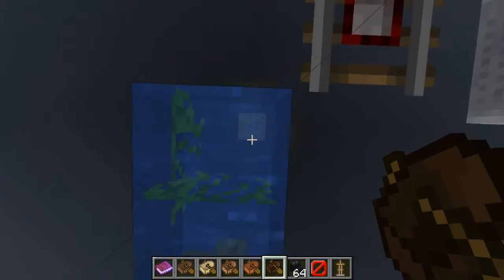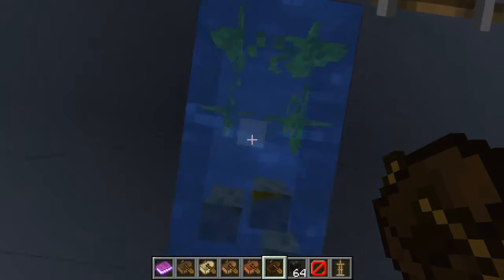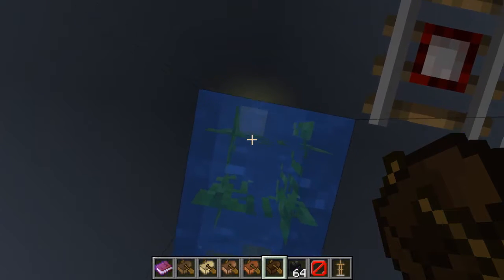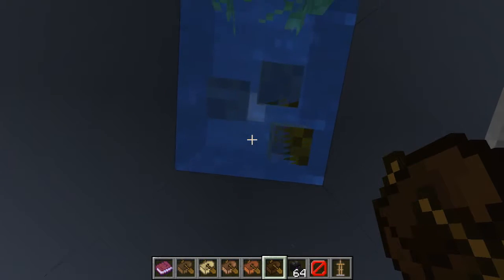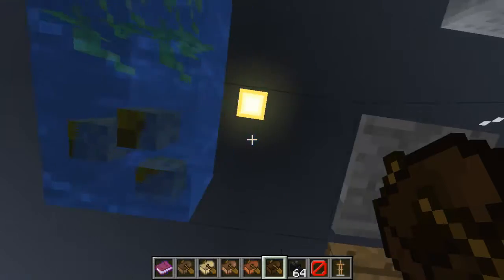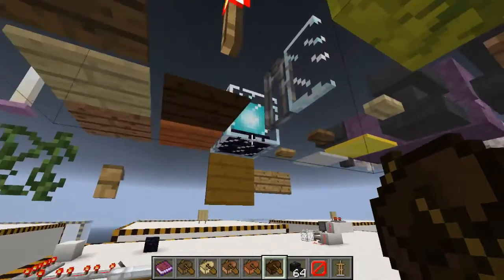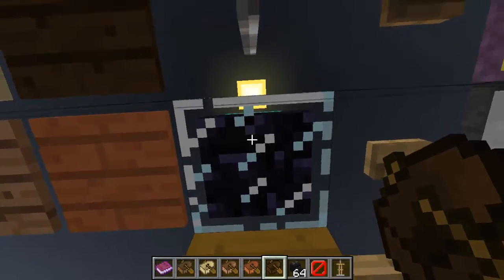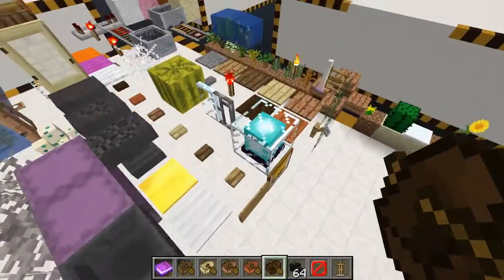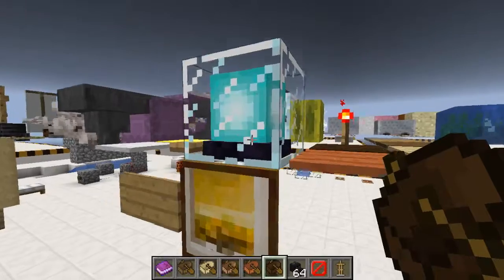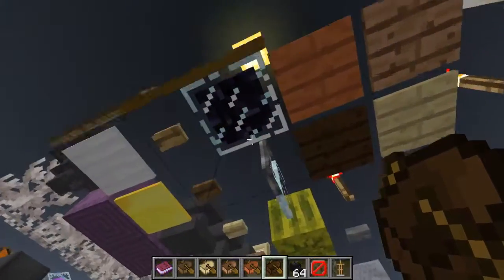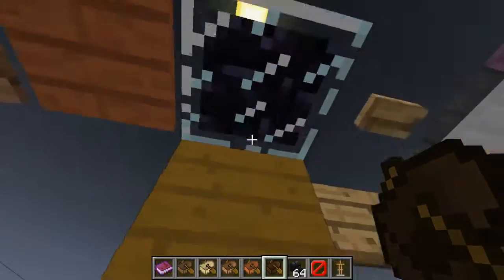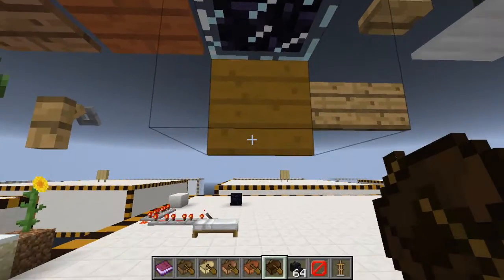The seagrass doesn't really have a bottom texture, as you can see. It's kind of just the sideways texture. And the sea pickles kind of like to glitch out a little bit, which I think is kind of interesting. The first one that I want to talk about is the beacon. Notice that the beacon, just like you'd expect, is completely encased in glass and actually has an obsidian-y texture covered by glass on the bottom, and the beacon is actually right next to another texture I want to talk about,